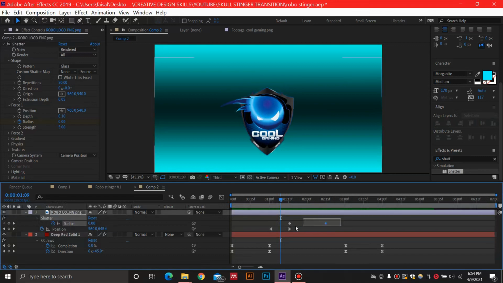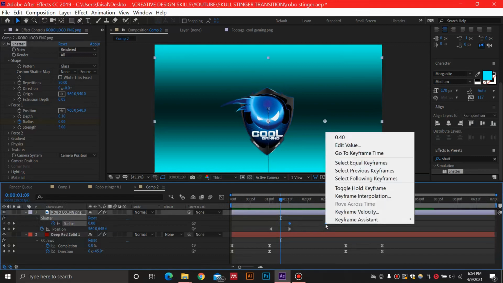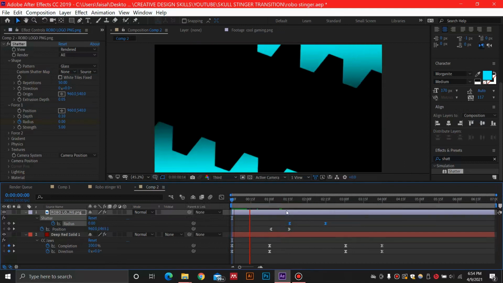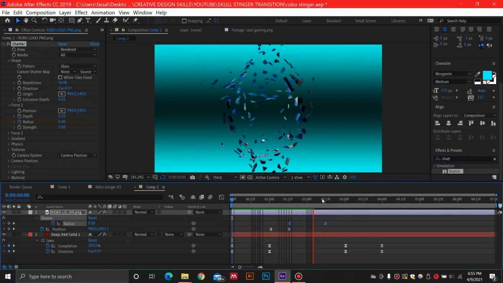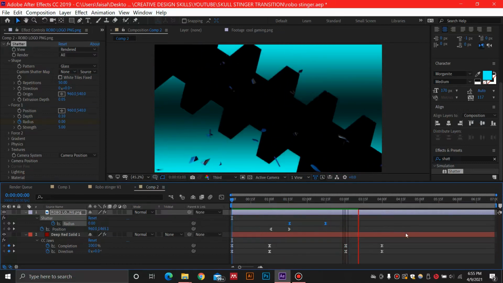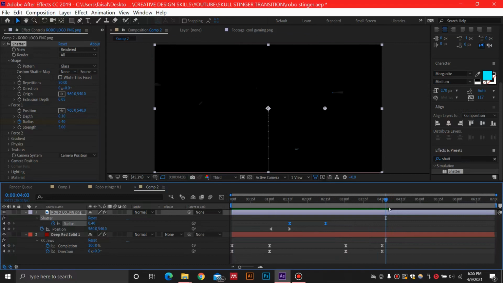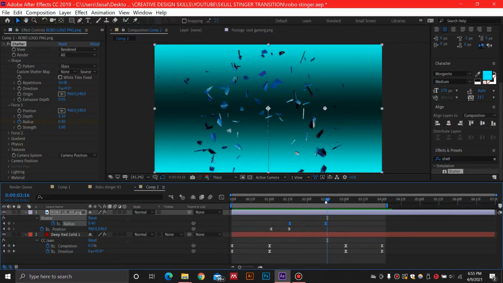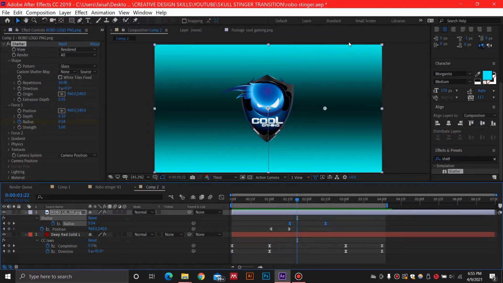So what you want to do is select these keyframes, keyframe assistant, and then easy ease this as well. So here will be our complete animation. Feel free to add a different background, and you can add the RoboJaws effect on that background as well, if you do not like this gradient. But for Stinger transitions and for any of your Twitch graphics, make sure to keep the theme consistent. Let's say we have a logo, then we have this consistent background theme over here.